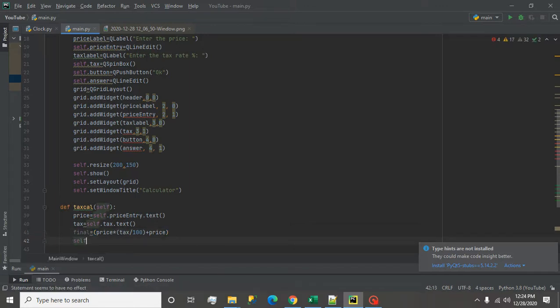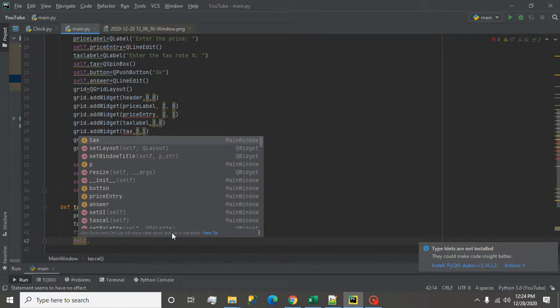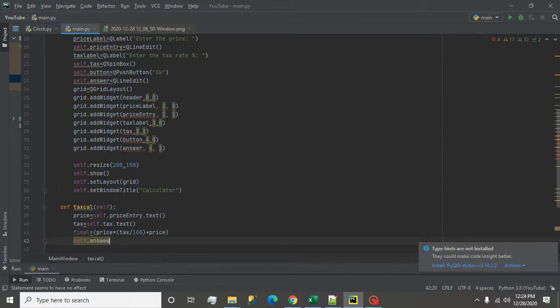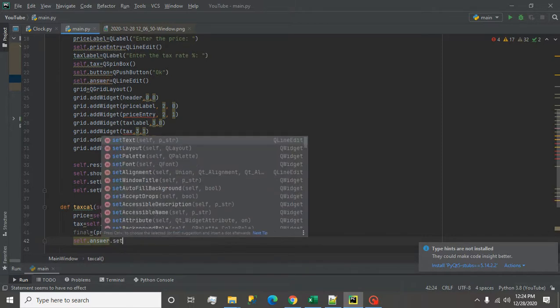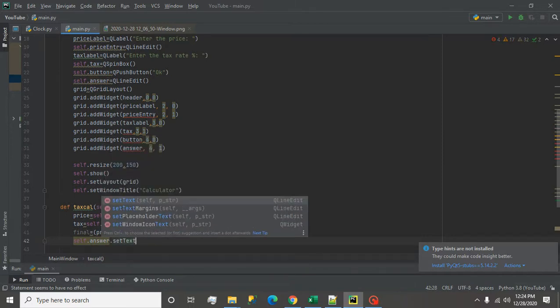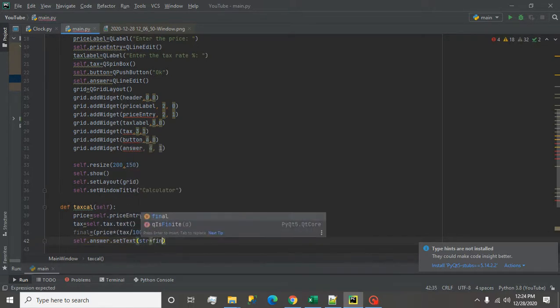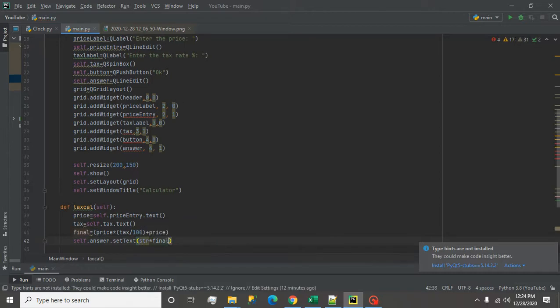And here I set this final variable into my answer. So I call this answer variable which we have created, and I do set text str final. Okay, so remove this star and instead use brackets.